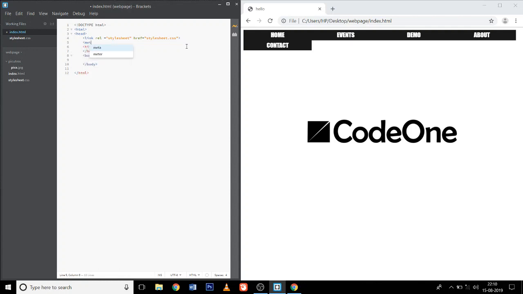Meta, and I have to mention the character set. That one is character set is UTF-8. Okay, UTF-8, and then I have to close this. Just close this. And then here inside the body I am going to